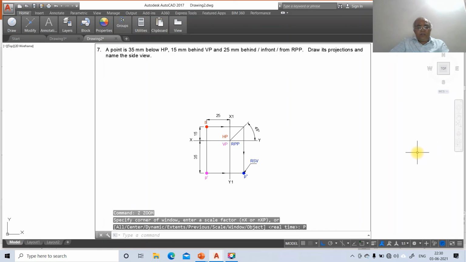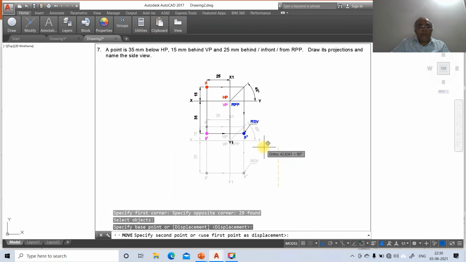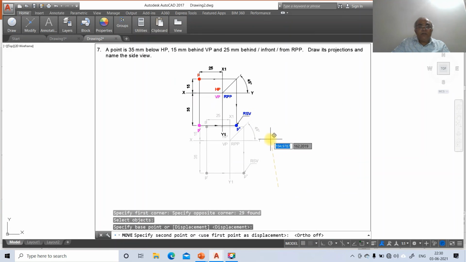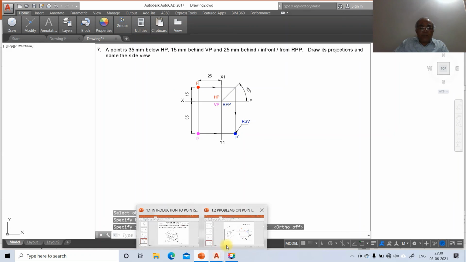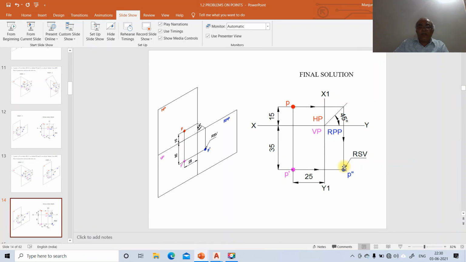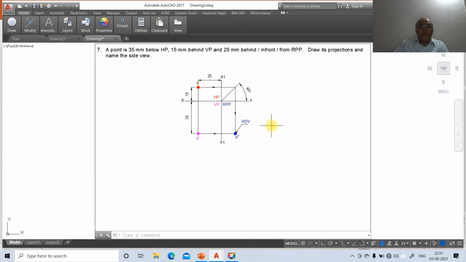Just move it to the appropriate place and place it wherever you want. I switch off the ortho mode, and this is how you will be able to solve this problem. Compare this problem with this solution, both will have the same thing. So you will get this problem right.